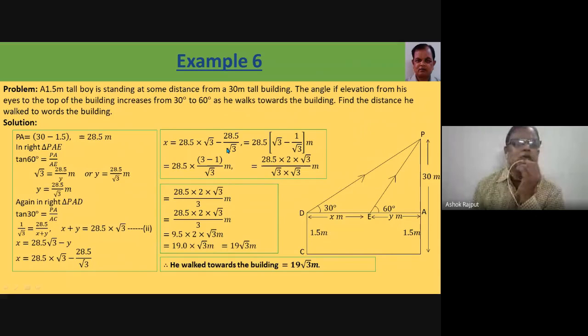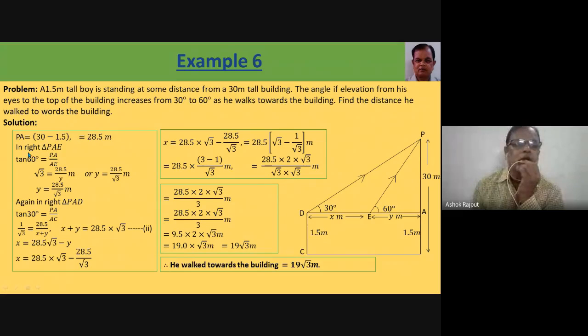Find the distance he walked towards the building. As we are seeing, PA equal to 30 minus 1.5,